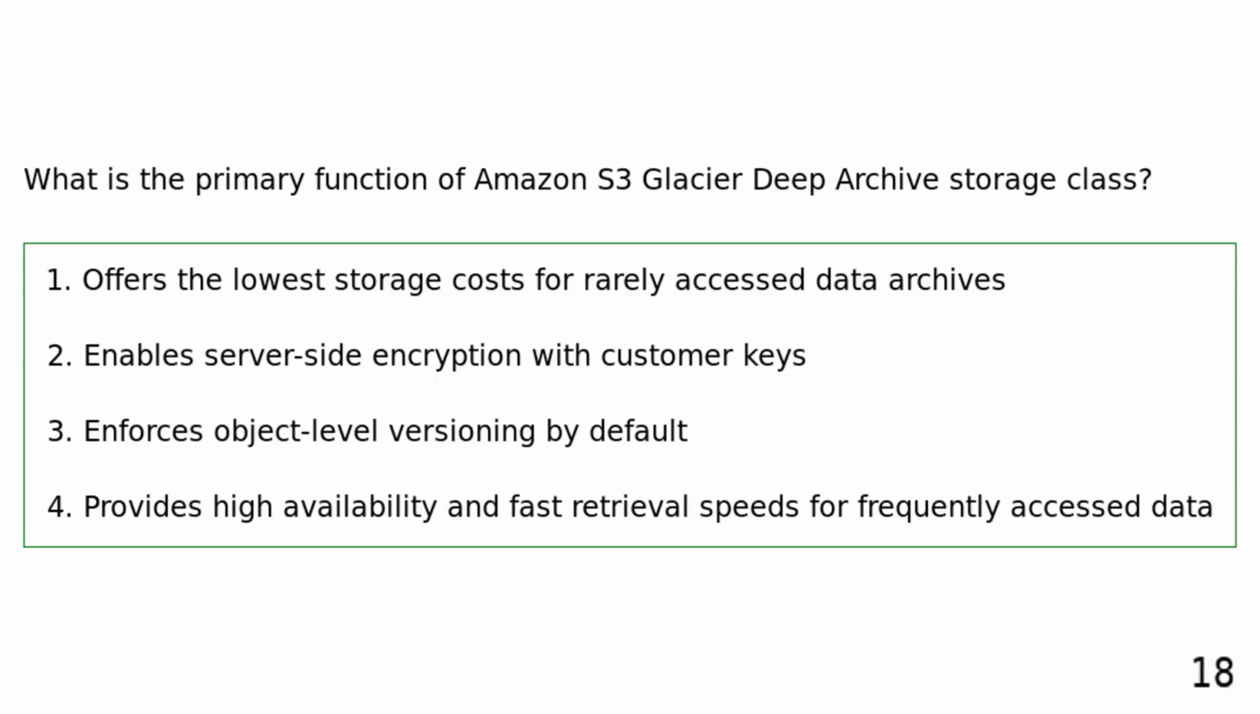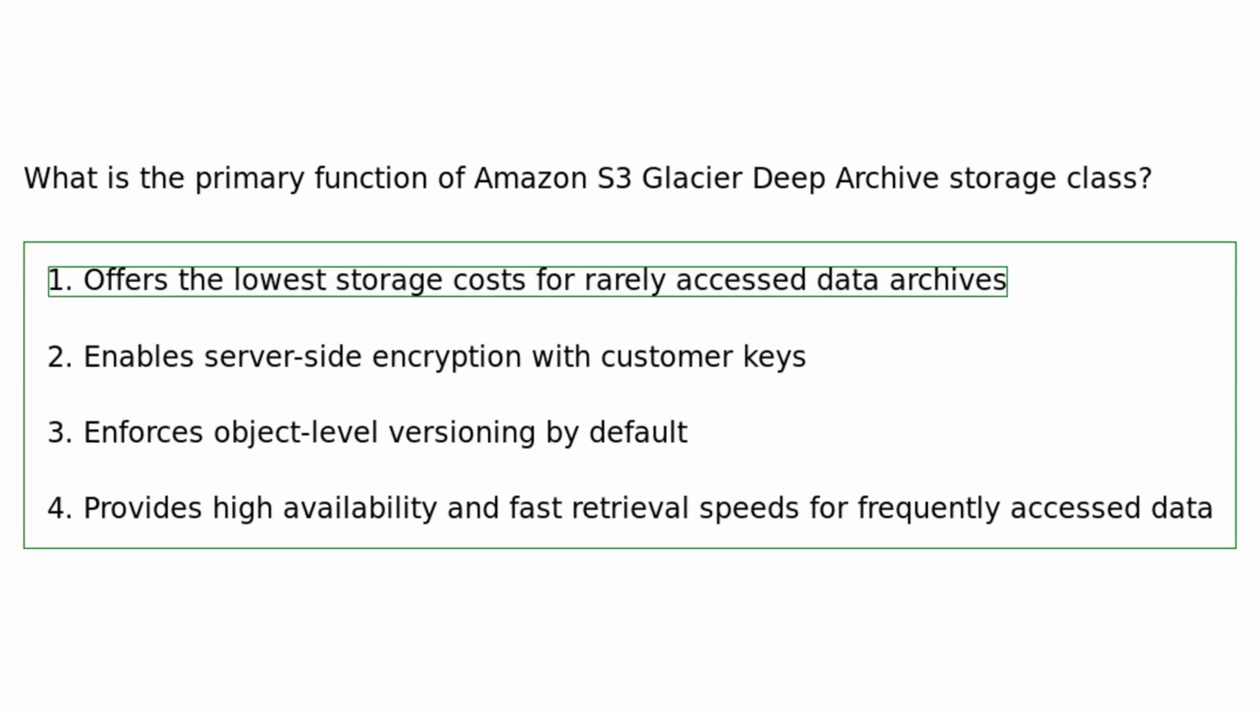What is the primary function of Amazon S3 Glacier Deep Archive Storage class? Offers the lowest storage costs for rarely accessed data archives. Enables server-side encryption with customer keys. Enforces object-level versioning by default. Provides high availability and fast retrieval speeds for frequently accessed data. S3 Glacier Deep Archive is designed for extremely low-cost storage of rarely accessed data archives, ideal for long-term backups and